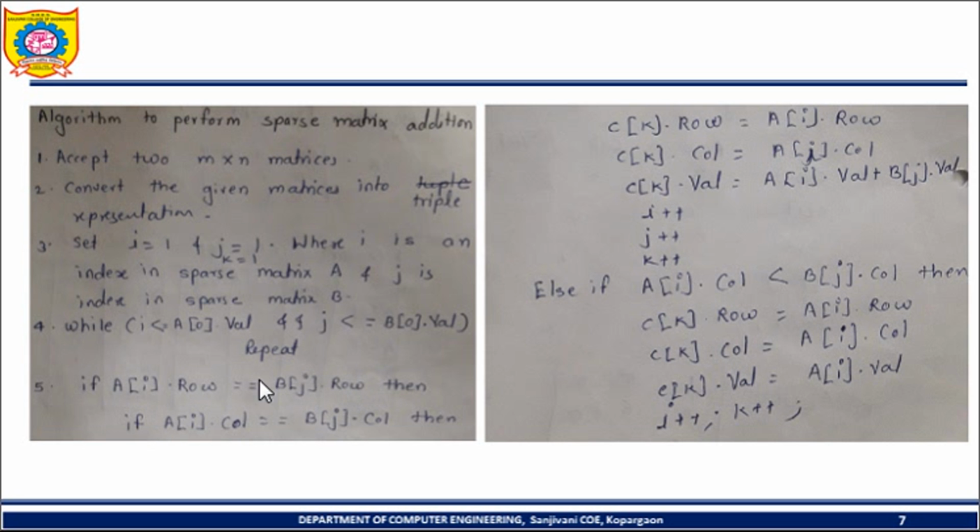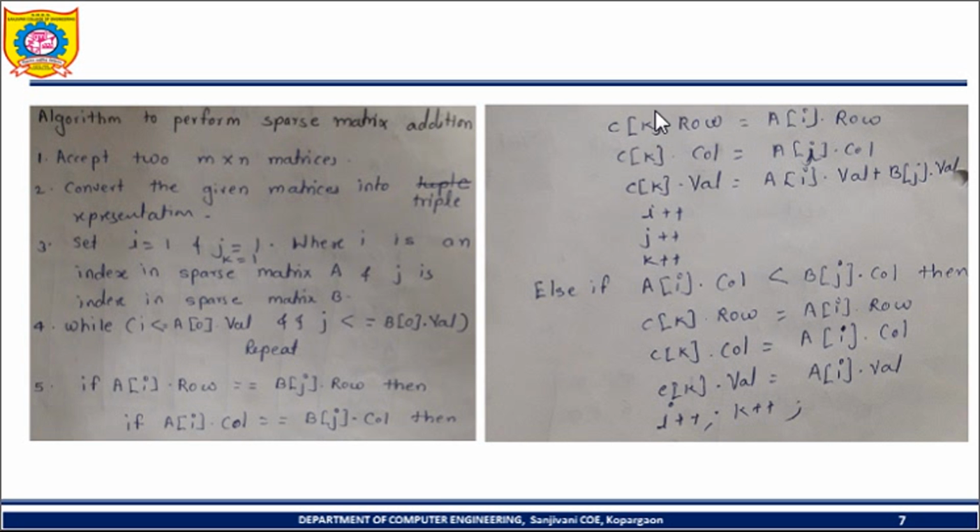If both are equal, then we check the column value of the ith row in the A matrix and the jth row in the B matrix. If the column values are equal, what do we do? If row is equal and column is equal, we directly add the two non-zero values of the A matrix and B matrix and store the result in the resultant matrix's val column. The row and column values we take from either the A matrix or the B matrix.